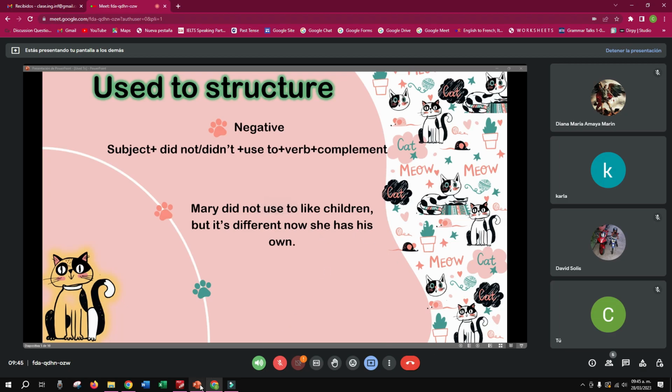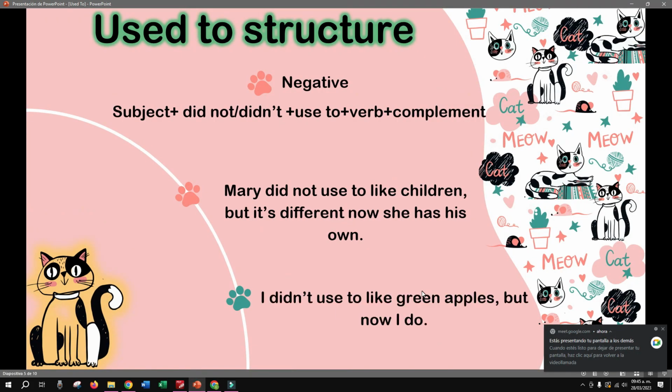She has her own. Also, we can say, I didn't used to like green apples, but now I do. That will be, I didn't used to like that, but now I do. Now I like that thing, right? This is a different thing. What about